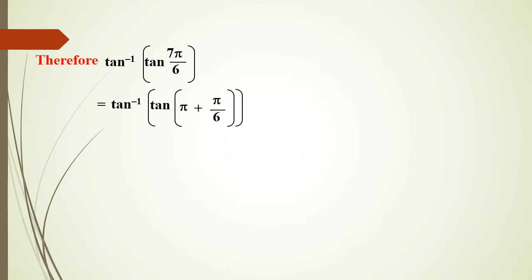Again, consider the given term once more: tan inverse of tan 7 pi by 6 equal to tan inverse of tan of pi plus pi by 6. After finding the LCM of pi plus pi by 6, 6 times 1 is 6 pi, and pi plus 1 pi will be 7 pi by 6. Now tan inverse of tan of pi plus pi by 6 can be written as tan inverse of tan pi by 6. Now tan inverse and tan are both gone, and just pi by 6 will remain. So pi by 6 comes under the range of the tan inverse trigonometric function, that is minus pi by 2 to plus pi by 2. Therefore, this is the final solution of the given term.